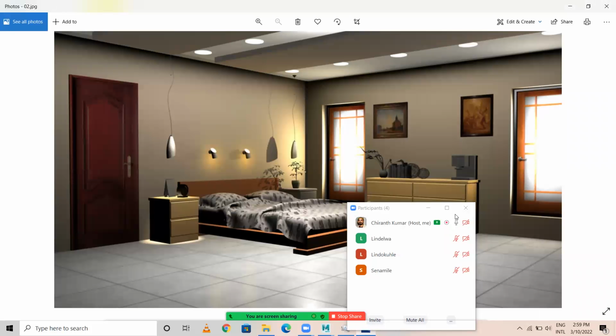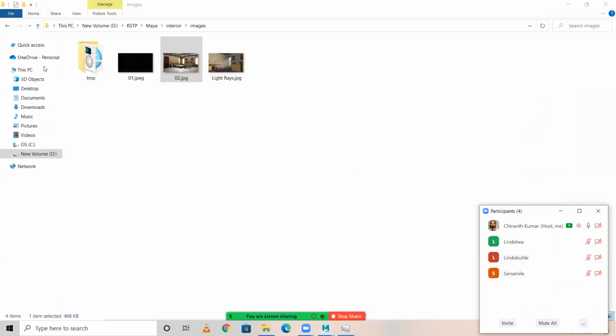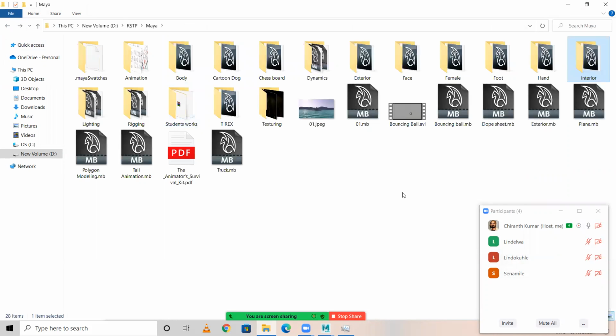So I hope you remember, we created something like this when we were working on SEM3 texturing. For these scenes, we can create Arnold lighting and all. Or else, let's do one thing.